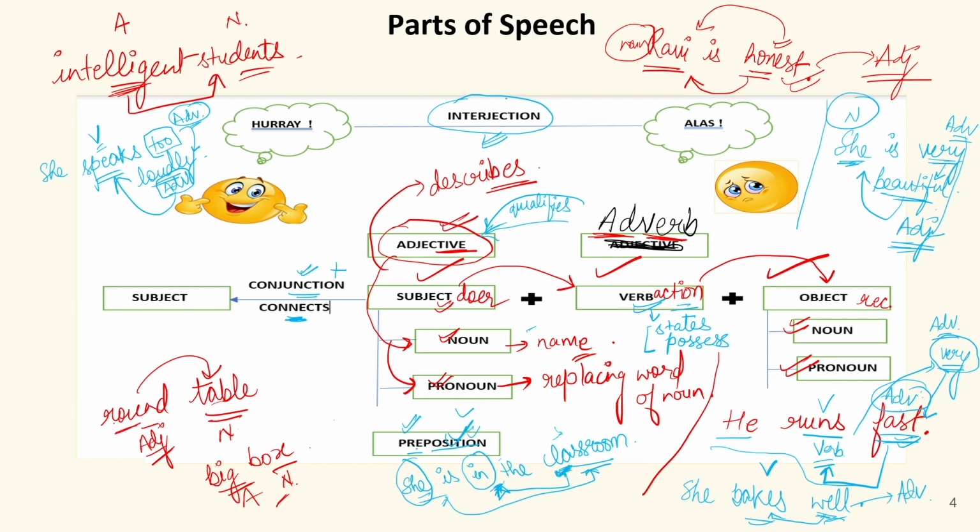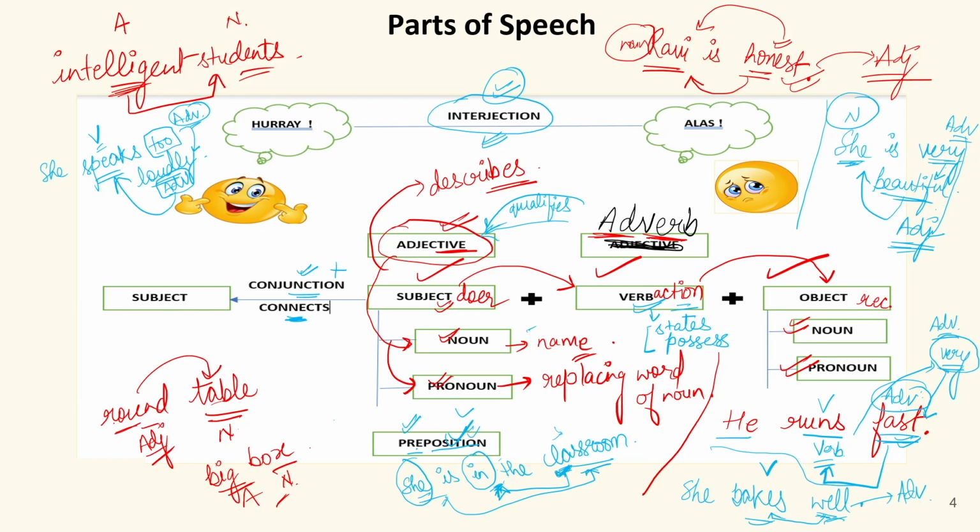Now we have one more part of speech, that is interjection. Now what are interjections? Let us discuss. This is very interesting, though it is not asked in the form of questions in your exam, but it is important because it is a part of speech, and in several exams you can be asked to identify the parts of speech. This will definitely help you, because you can find questions related to this chapter there.